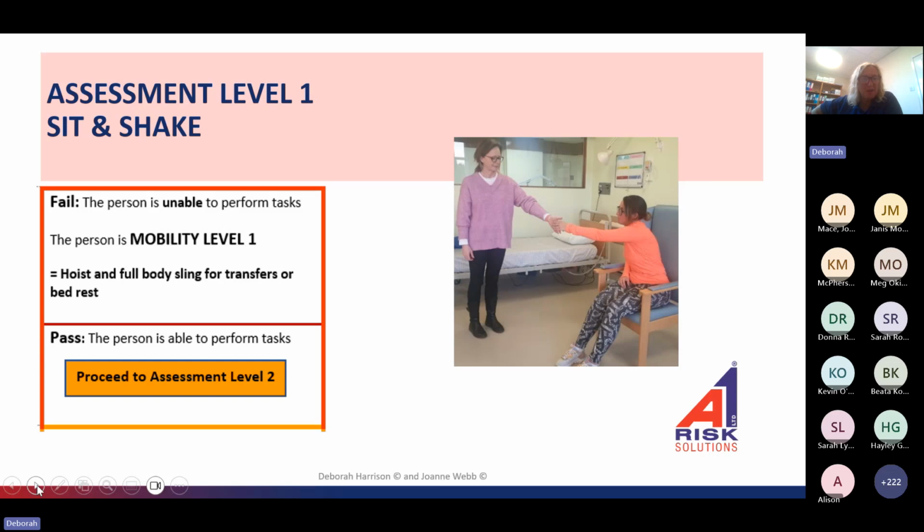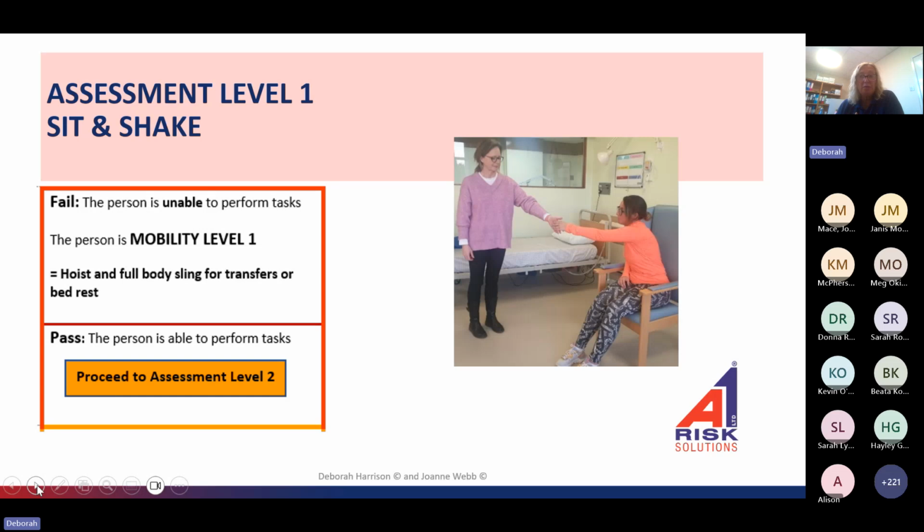And here we go. This is mobility level 1. It's in brief here, but in the actual tool you'll get all the references to the tool and the full description of what's actually required. For today's presentation, I'm just taking you through this part here, where you do a long distance handshake. What we're looking for here is, can the person reach outside the base of support? So we'll do it on both sides.